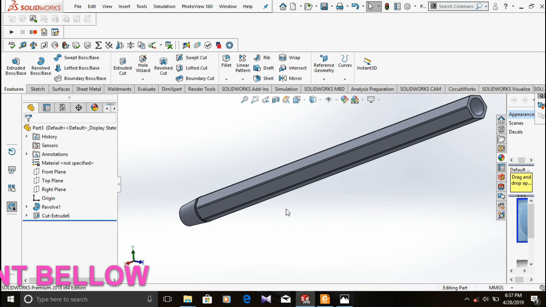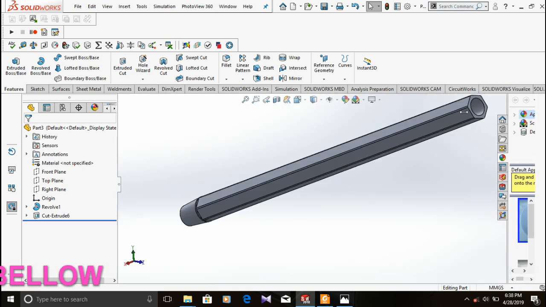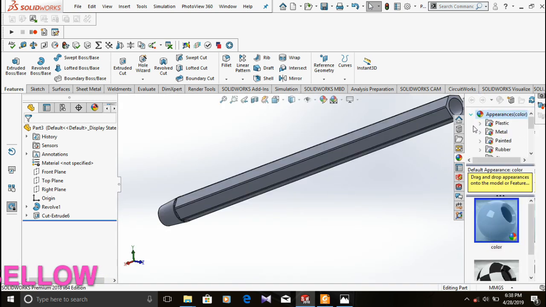So this is what we are going to obtain. Don't forget that this is kind of, let's say, transparent plastic, so we need to make it transparent. To do that, we go to features, and let's go to appearance. I'm going to take